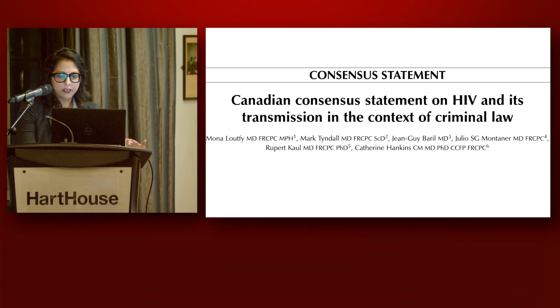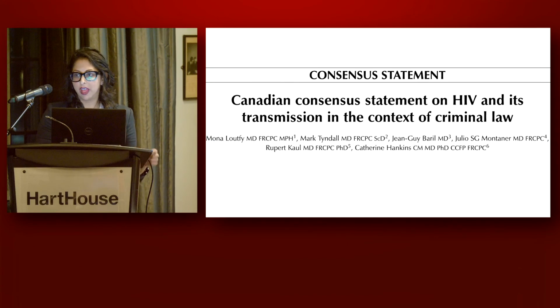Well, a few years after this, many folks in Toronto, in Canada, came out with a Canadian consensus statement on HIV. And this was specifically in the context of criminal law. If you think about the final sentence of this document, the people who developed it said, "We developed this statement because we have a professional and ethical responsibility to assist those in the criminal justice system to understand and interpret current medical and scientific evidence regarding HIV. We are concerned that miscarriages of justice may result when such evidence is not correctly understood or interpreted."